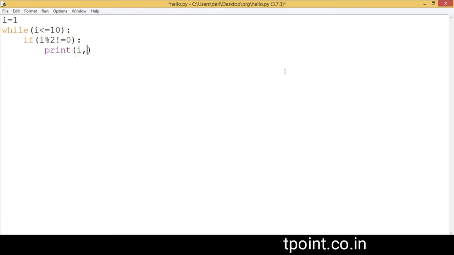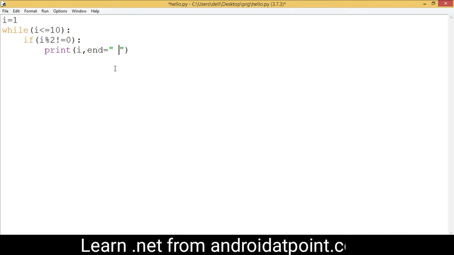Now within the loop body I am going to write an if condition which checks the odd number: I modulo 2 not equals to 0. Write a colon and print the value of I, which means if the remainder is not equals to 0, the number is odd. Next write I equals to I plus 1. Now save it and